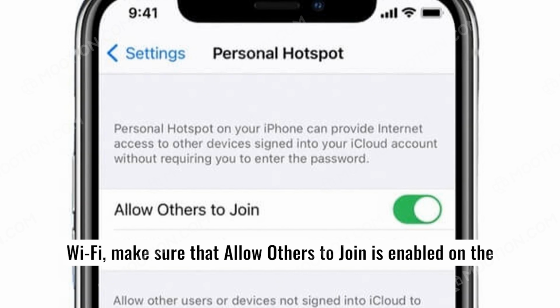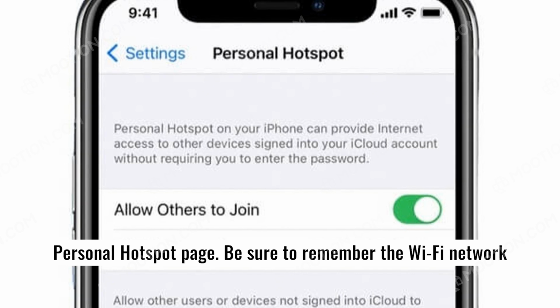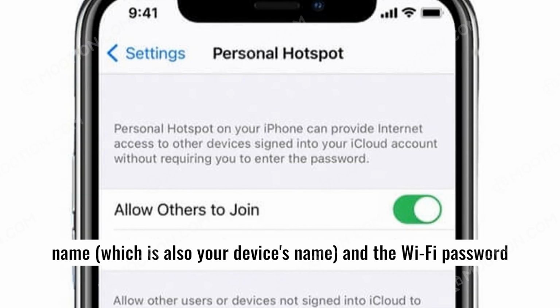If you're trying to connect to your phone's personal hotspot over Wi-Fi, make sure that Allow Others to Join is enabled on the Personal Hotspot page. Be sure to remember the Wi-Fi network name, which is also your device's name, and the Wi-Fi password that are